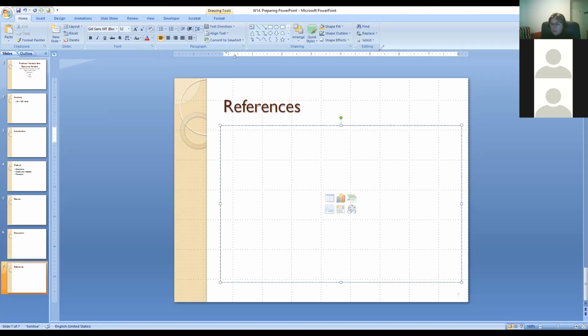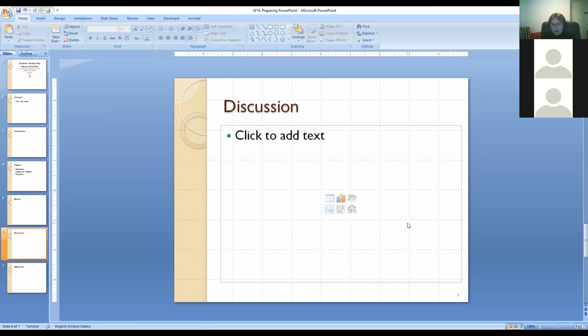References have to be APA formatted. Now remember, if you have more than one, that's fine, because that's your research article. Maybe you have two references, right? Jasmine, plural. They will have to be with hanging indent and in APA format. I don't want to spend any time on that, but I might show you on a different slide. So now, this is slide 7, right? So we will have to go back.